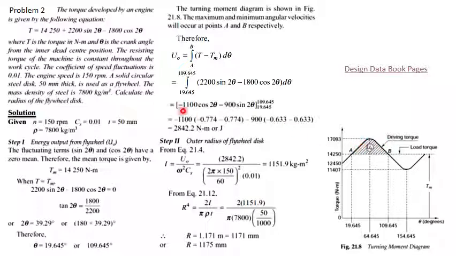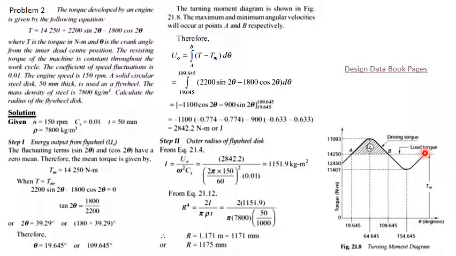Because of this, we can say that the mean torque developed in this equation is equal to 14,250. Therefore Tm is equal to 14,250. Now we can see here the driving torque is increasing and it reaches the maximum level, then it goes down to the minimum level,